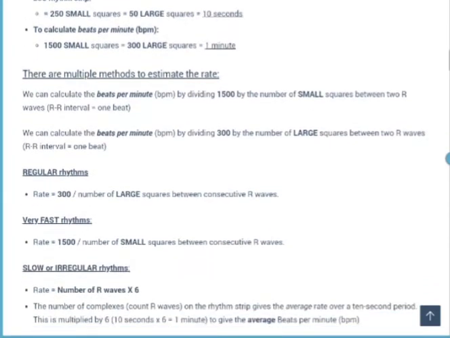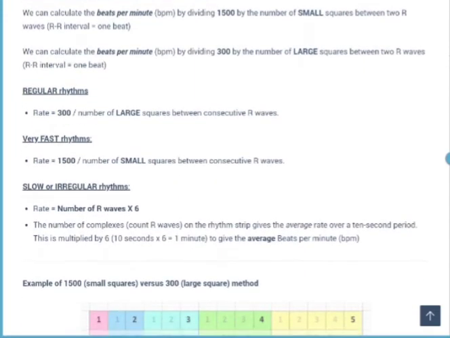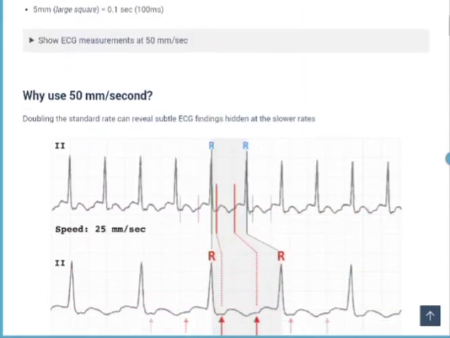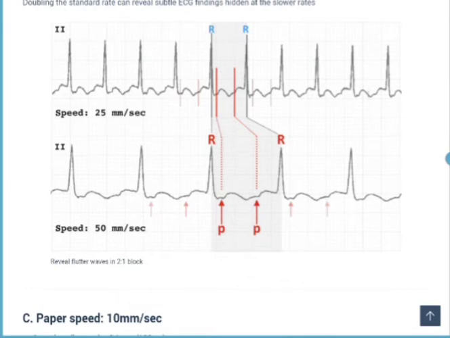So again, going on to the formulas, I already told you that there are two basic formulas in a regular rhythm strip that you can use to calculate the heart rate, right? So the first formula is 300 divided by the number of large squares between two consecutive R waves. So if here is one R wave and then there is this R wave, you can calculate the rate by either counting the number of large squares in between or counting the number of small squares in between, right? So for example, here the R and R waves are positioned approximately 1, 2, 3 and approximately 4 large squares apart. We can calculate a rate with that.